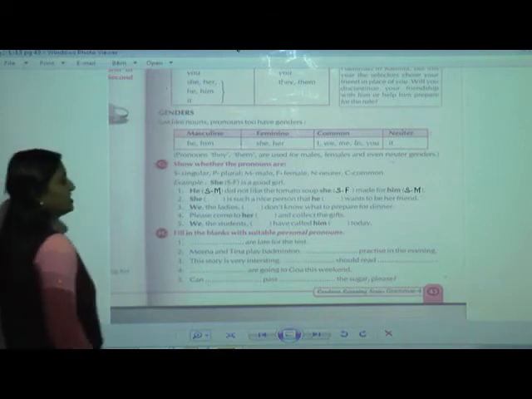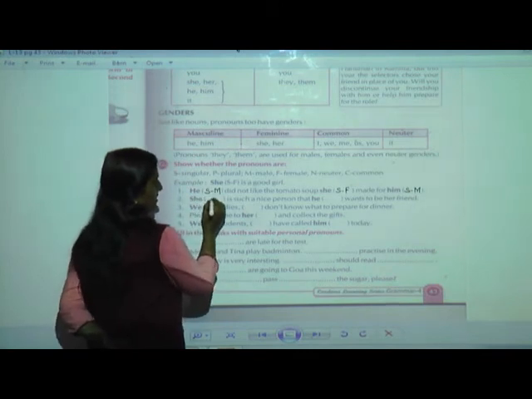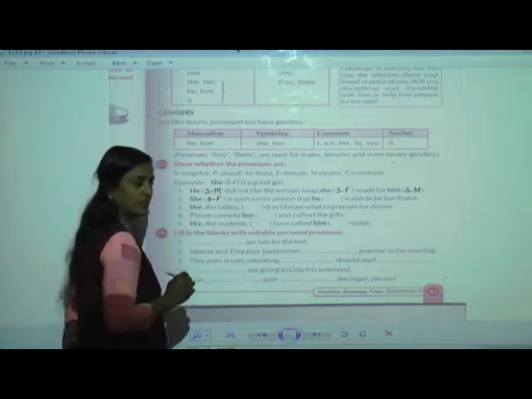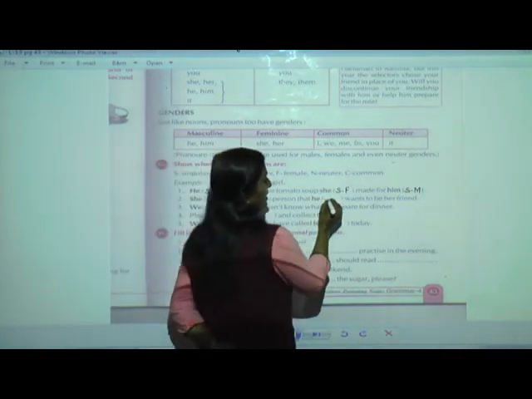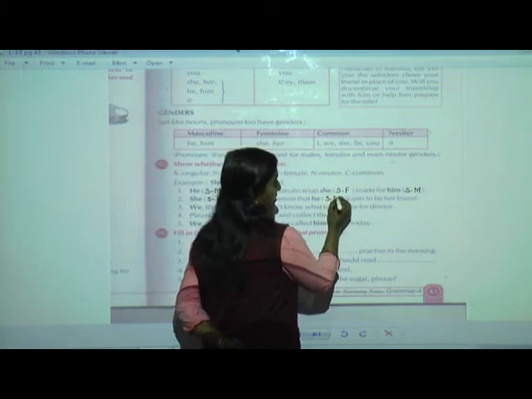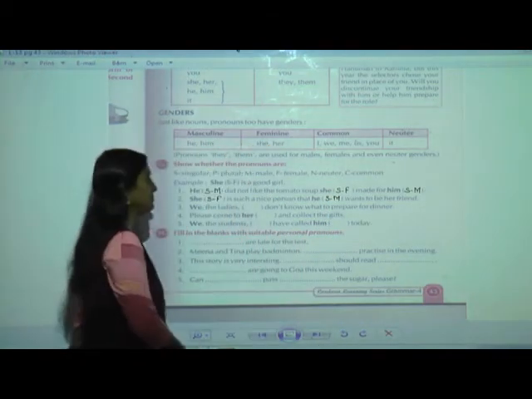Again, next, she. So I'll go fast. She is singular, F is female, that is feminine gender, F. Again, he is singular, H-E, he is male, so I am going to write M. Now V,